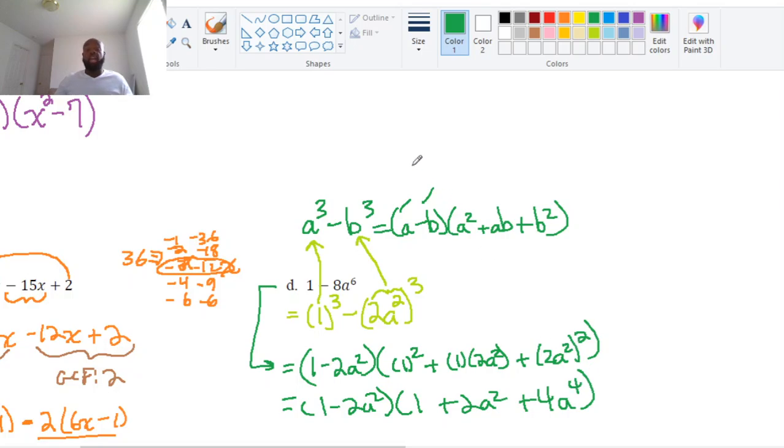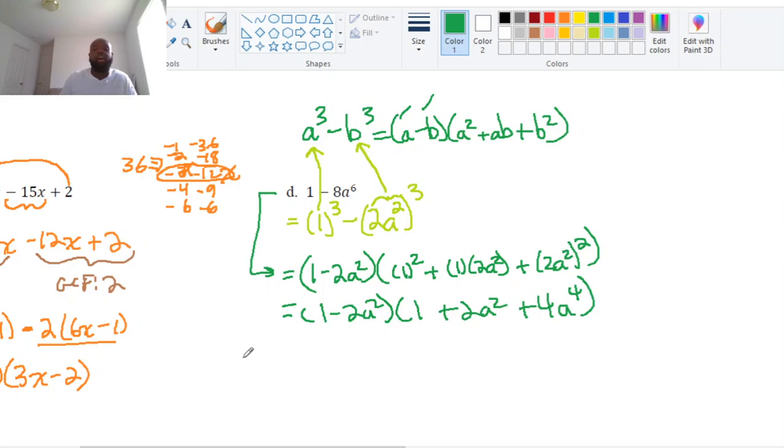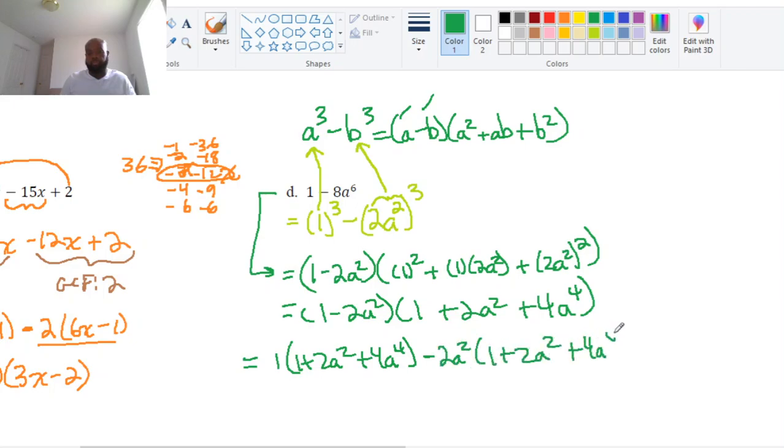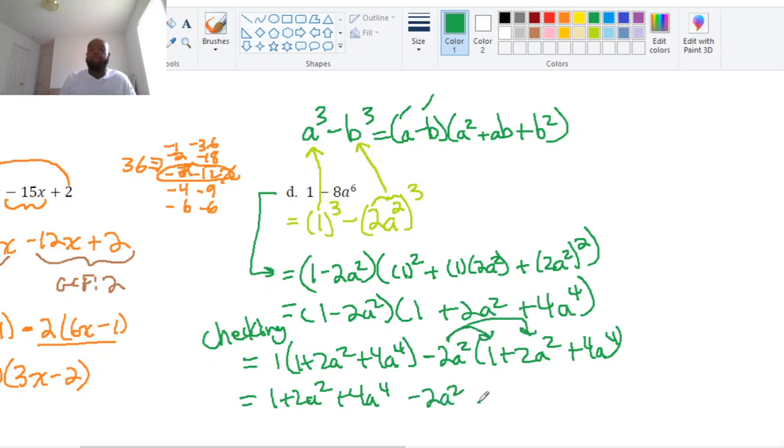And so what we can do in all of these examples, if we wanted to check our work in our factoring, is just multiply everything back out. I'm going to do that for this example and this example only because sometimes these can get a little confusing. So I'm going to multiply the 1 by all of the terms there, and then minus a 2a squared times all of the terms. This is me checking. Well, 1 times anything is that anything. But then I have a minus 2a squared times 1, which is that,